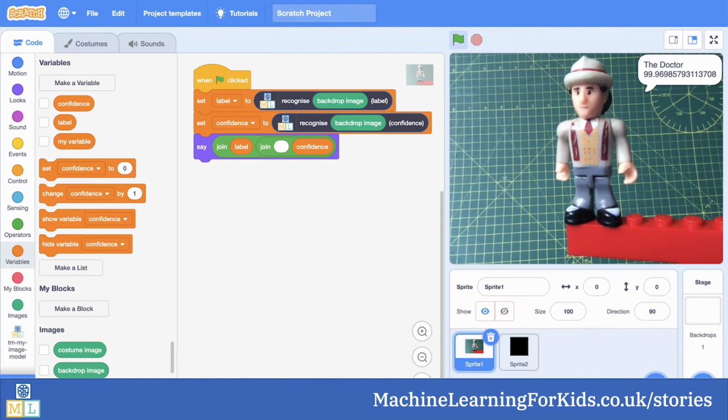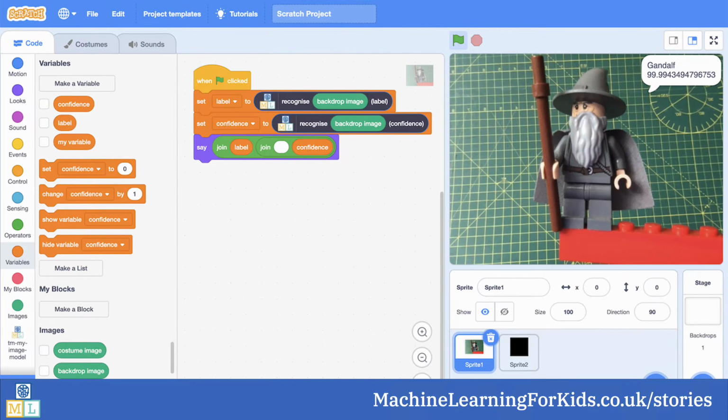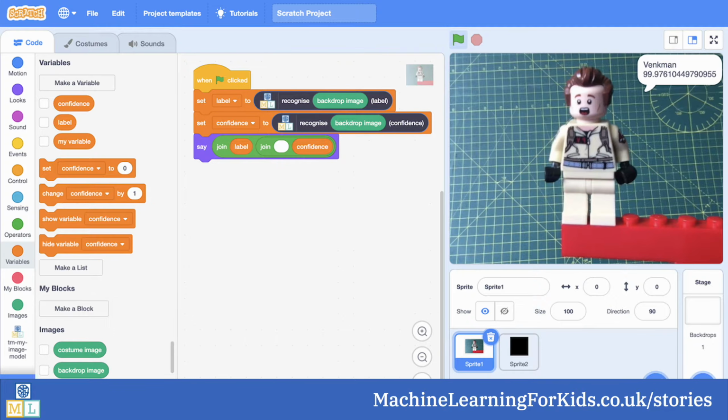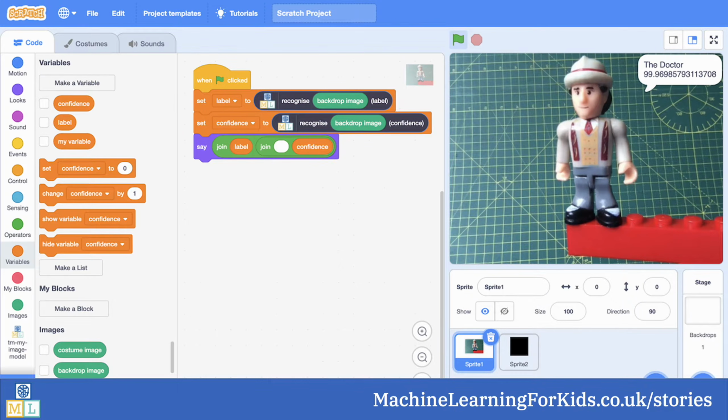This started out as a fun, simple project. Students were training a machine learning model to recognise a few different toy figures, like the Doctor, Gandalf, and a Ghostbuster. But the students were curious why their machine learning model was recognising each toy figure. For example, what was it about this picture of the Doctor that the computer had learned to recognise as being